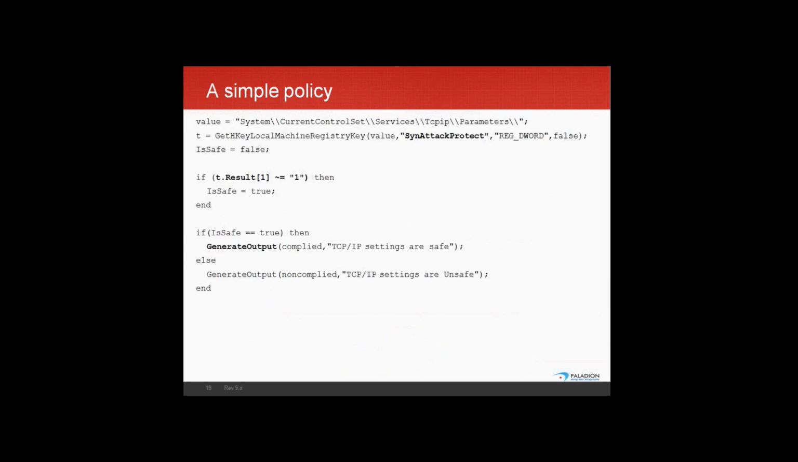Let us look at a simple policy. The script which I am showing on the screen is a sample policy which defines a particular registry path. Then it calls an API function called get HKey local machine registry key. And what I'm trying to do is get this